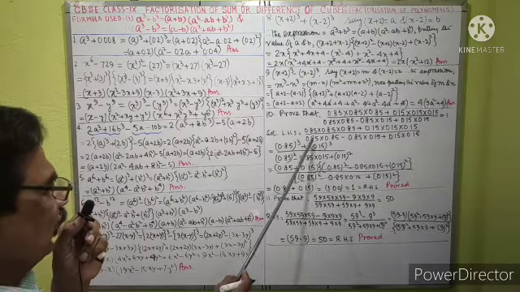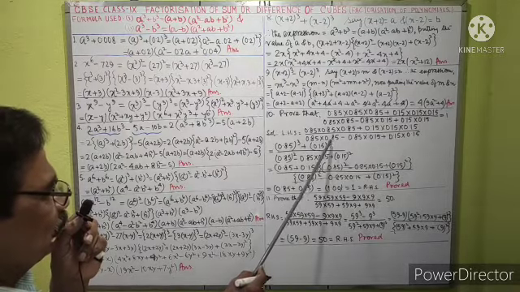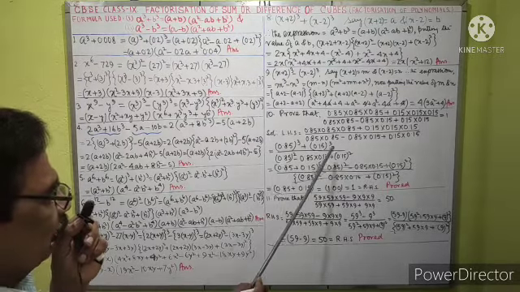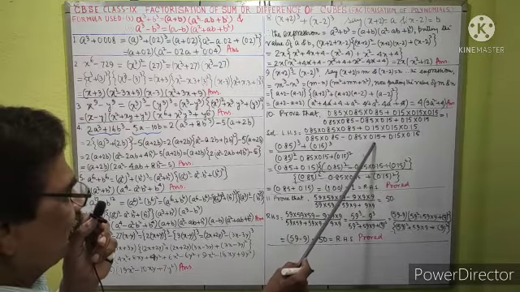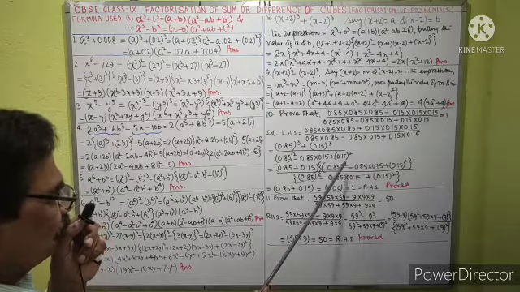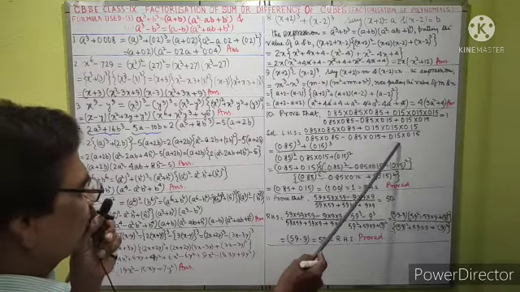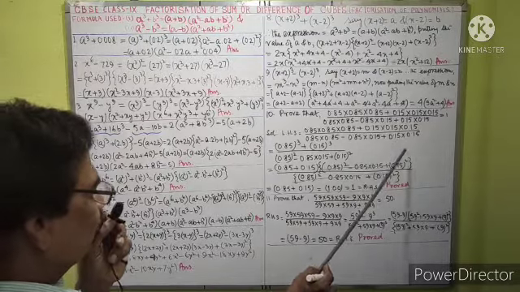And here it is 0.85 into 0.85, so it is 0.85 whole square, minus 0.85 into 0.15, and this is 0.15 into 0.15 means